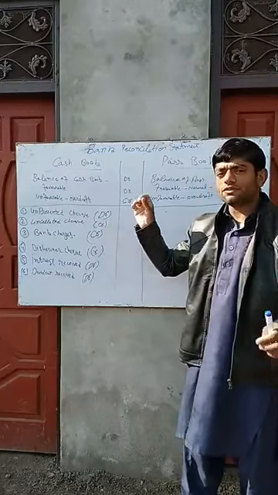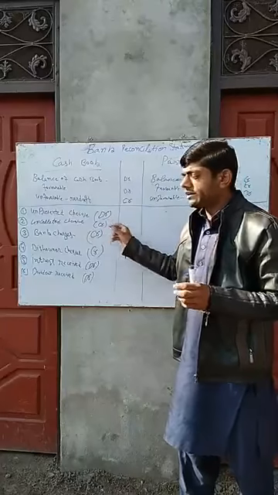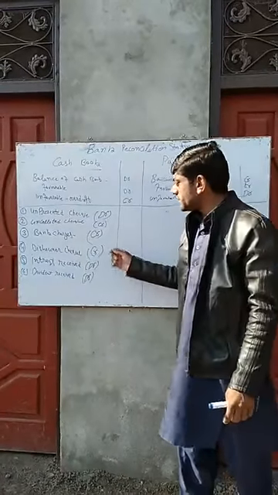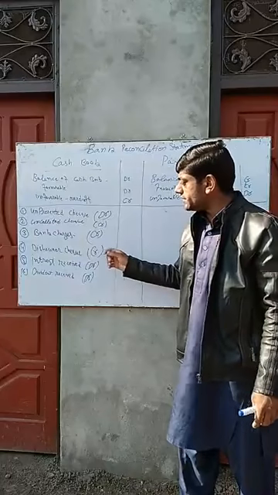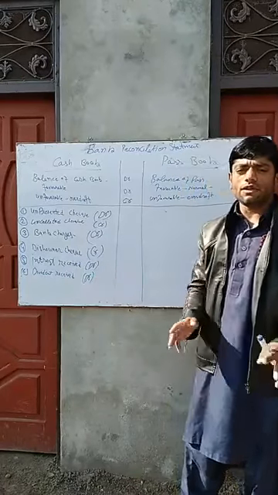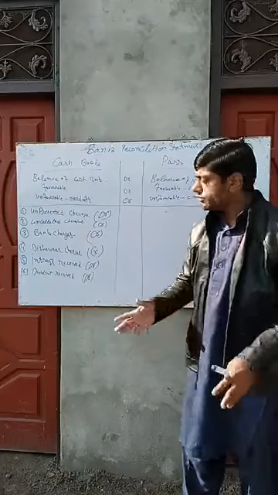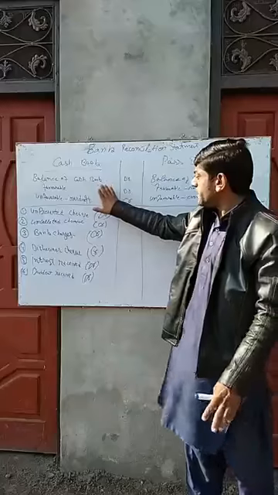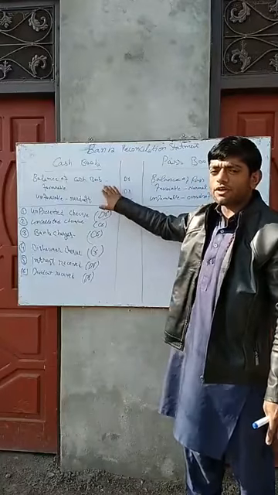So unpresented should be debit, uncollected are credit, bank charges are credit, dishonored cheque also credit, interest received, dividend received, they should also be debit balance. So make this treatment according to the given balance. The balance should be given as debit or credit.